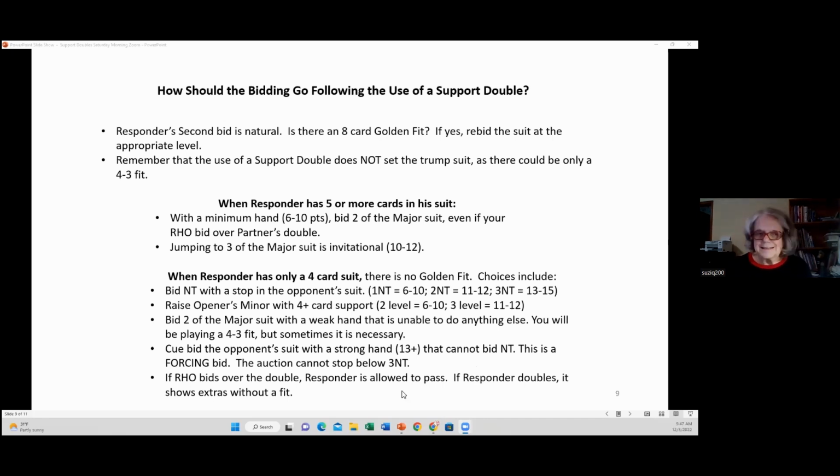Now, if your right hand opponent bids over your partner's support double, you are allowed to pass. I'm weak, 6 or 7 points. I have only a 4-card major suit. Sometimes it may be headed by the 9 or the 8 or some such thing. You are allowed to pass in that instance. You only have 7 cards in your major suit, and you're so weak that you just don't want to give it a shot. Now, if, on the other hand,